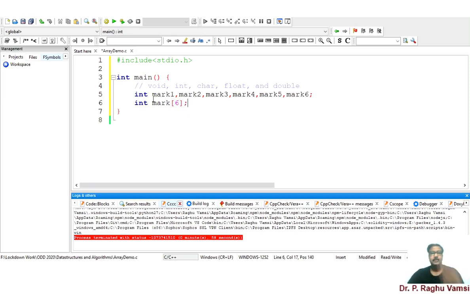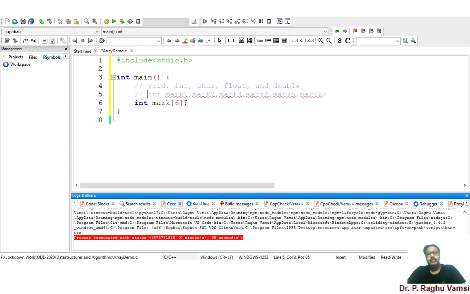Which means that there are 6 marks: mark 0, mark 1, mark 2, mark 3, mark 4, and mark 5. That means mark is an array which is holding 6 elements of type integer. So instead of keeping the first statement, I can place the second statement and work with it.